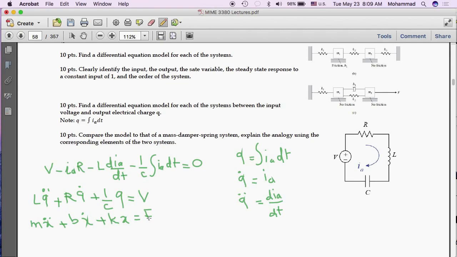And you can see the similarity between a capacitor and what element in a mechanical system? Spring. So a charge accumulates. So in a sense, electrical energy accumulates in a capacitor that can later be released back to the circuit. Or the resistor acts like an energy dissipation element, like a friction element, like a damper element. And the damper element dissipates mechanical energy, basically takes energy out of the system,